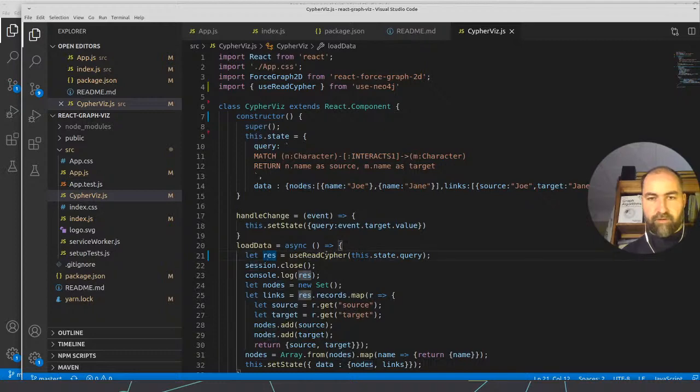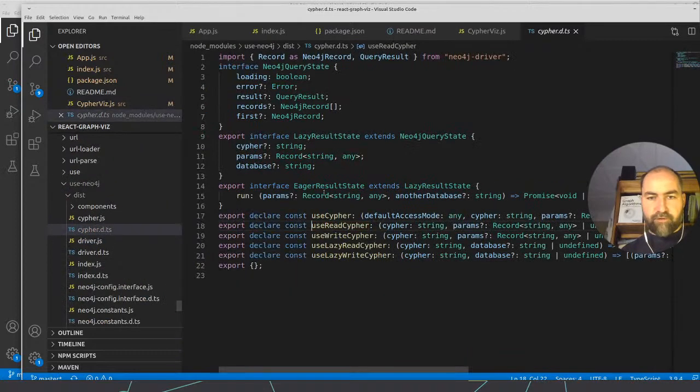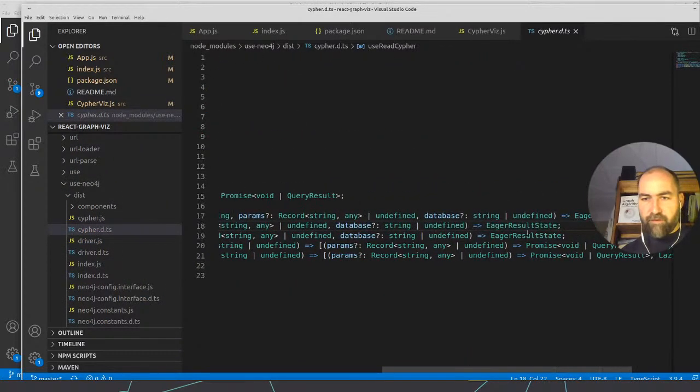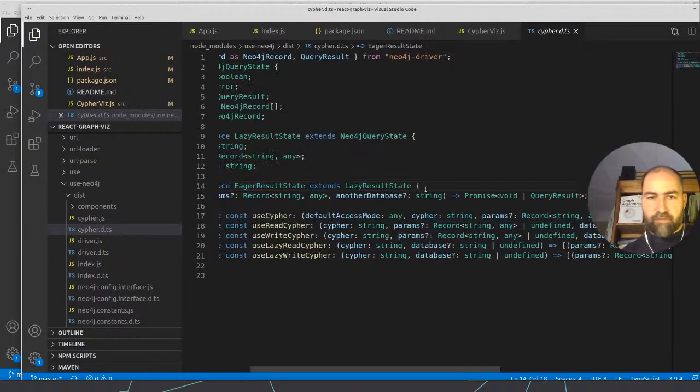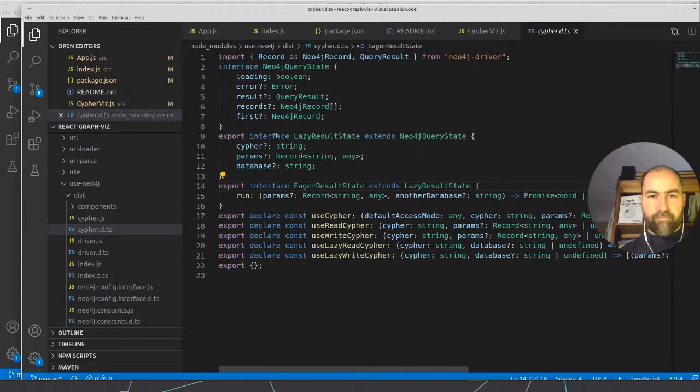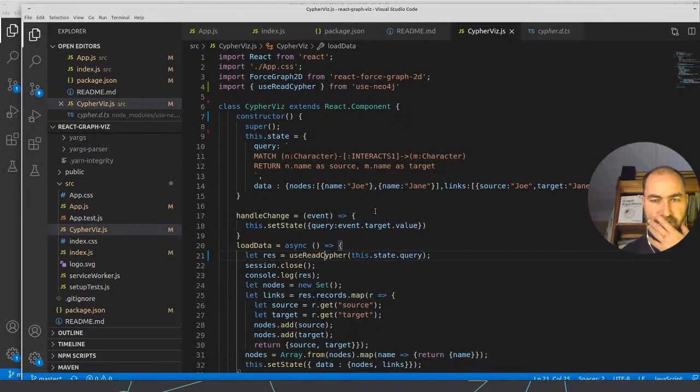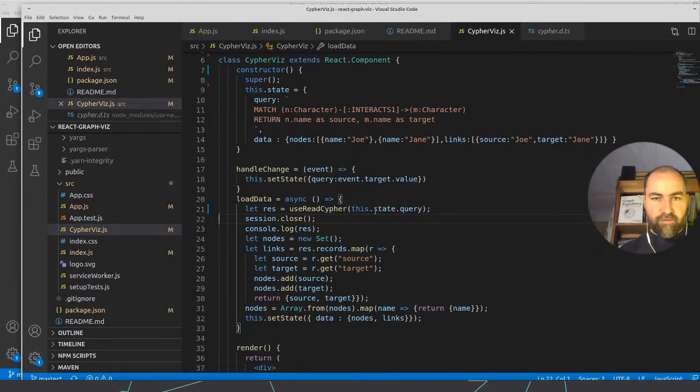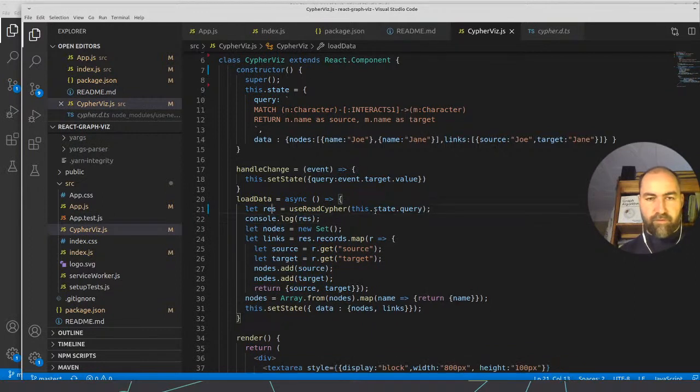And I just need to check in Neo4j context, in Neo4j state, we have result here or records. So either of these should work, I think, right? So we don't need to do this.